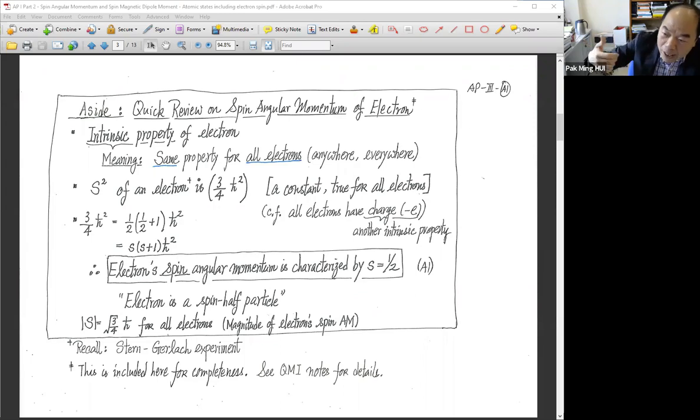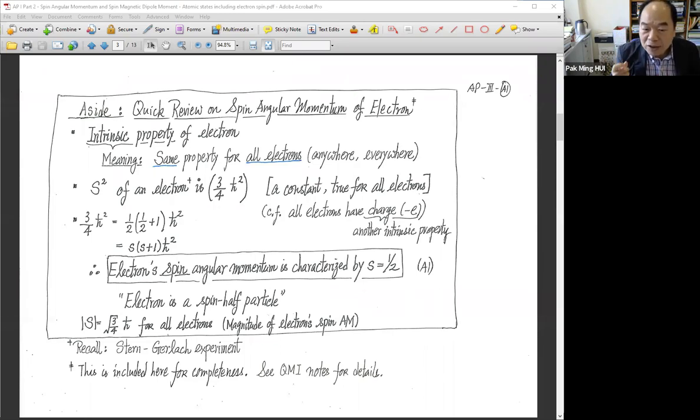L equals 0, S state, none, 0. L equals 1, you have stronger orbital angular momentum. L equals 2, you have an even longer vector for the angular momentum. Okay, that is extrinsic. But intrinsic means no matter what the electron is doing, it always carries that property with it,